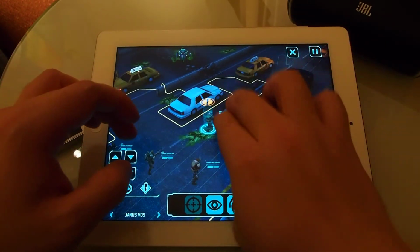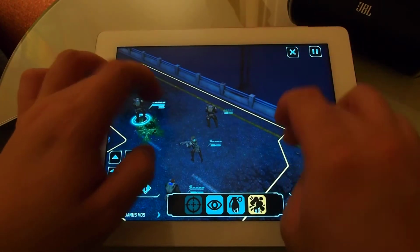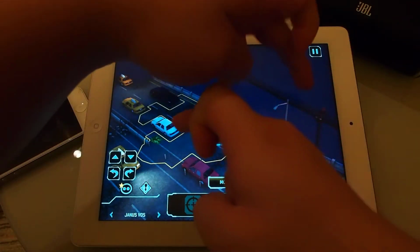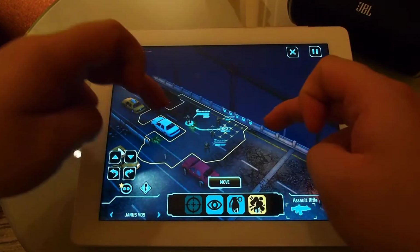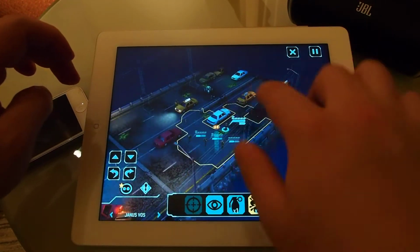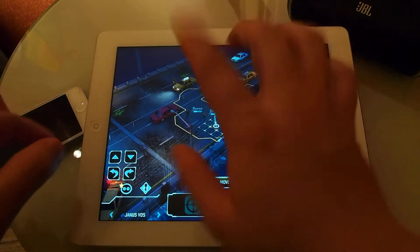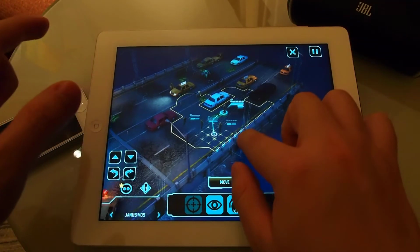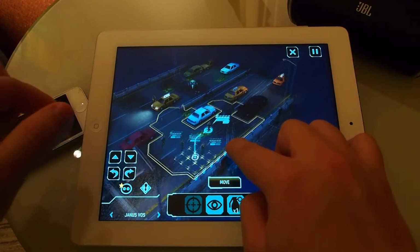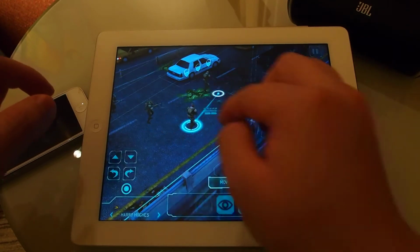As you can see, it's not very sensitive in that sense. Sometimes it works well, but right now, come on, turn left, and it thinks I'm pinching. Come on, man, rotate. So that's a small issue that I find. The gestures for rotation are a little bit tricky to execute at times. So why don't we try to get ourselves into a combat situation,